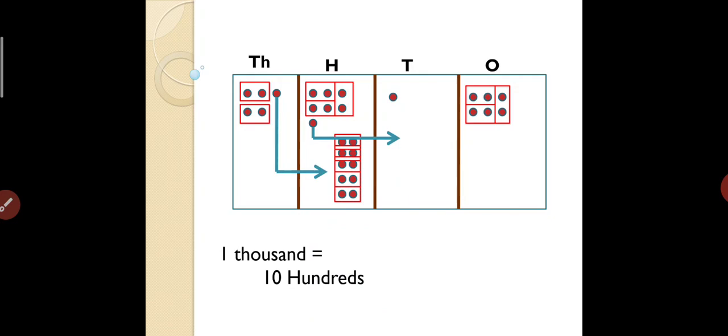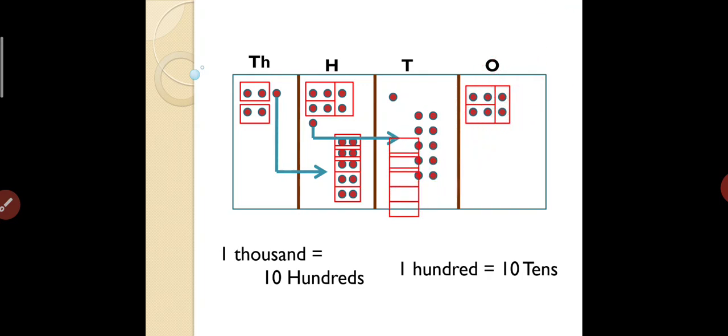So can you tell 100 is equal to how many tens? 100 is equal to 10 tens. 10 tens together make 100. So here also instead of 100 you are making 10 tens. 10 dots there. Make boxes of 2. You got 5 boxes there. Again 1 is left in the 10th place. That also you have to shift to 1's place.